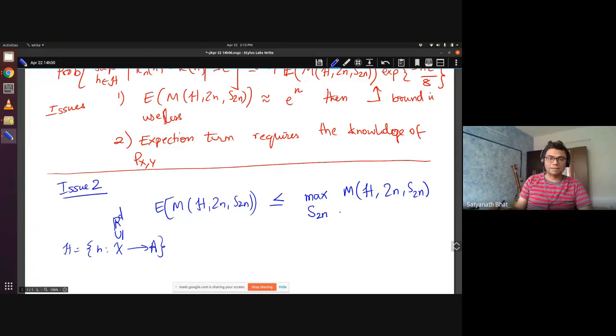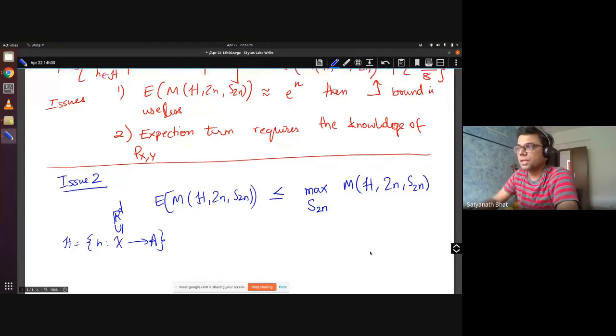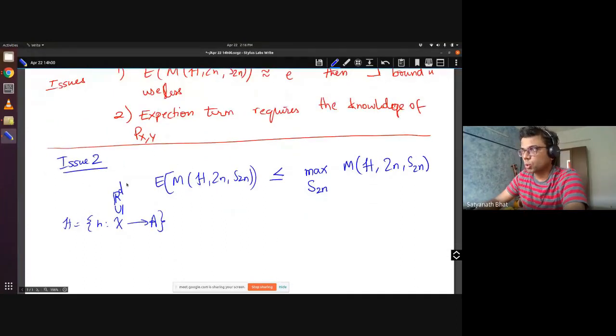We have already seen an example in a two-dimensional space. If there were 4 points, we have seen that you cannot shatter it, whereas if there were 3 points, you could shatter it, right? So basically M represents that number: given every possible configuration, how many hypotheses can you distinguish? This represents the power of your hypothesis, how expressible your hypothesis is. So we will address issue 2 by, instead of trying to compute the expectation, looking at this.